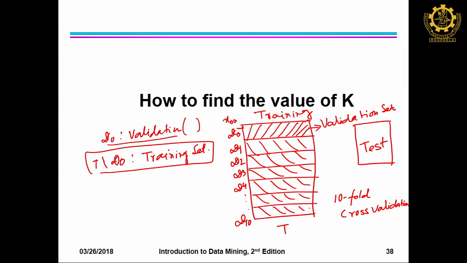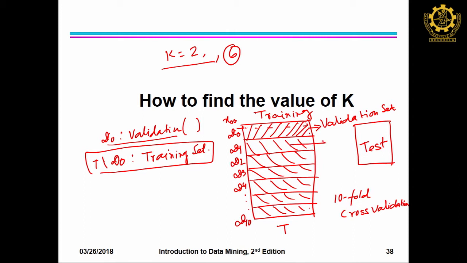To find the k value, you take k equal to 2 and identify the class level of each object here. The classifier will identify the class level either rightly or wrongly. If it is wrong, there is an error; if it is right, it is rightly classified. We compute the error. If there are 100 objects in total, each block consists of only 10 objects. Out of these 10 objects, how many are rightly classified and how many wrongly? Say the wrongly classified count is 6 for k equal to 2. Now, again we do the same thing.